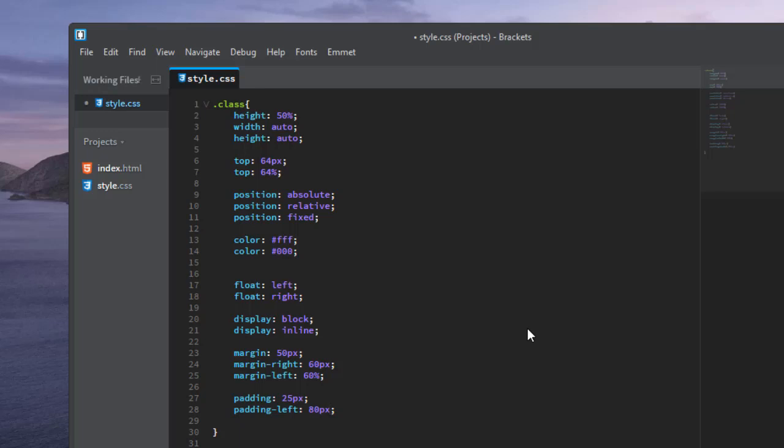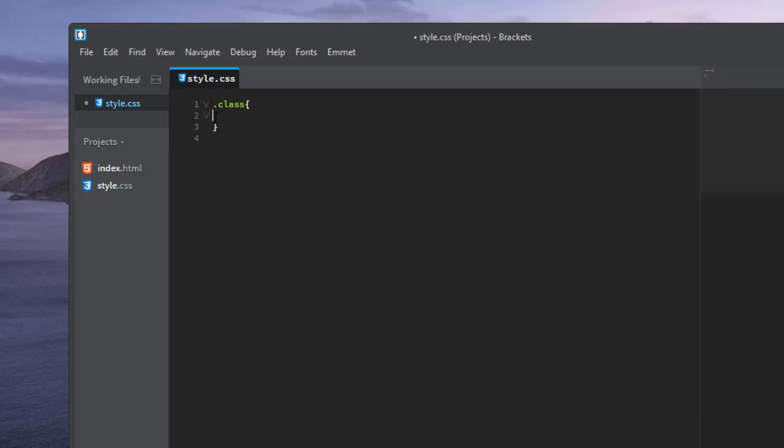just here make sure to not interfere with the position. With the position we have to add the colon, but with the padding you don't have to add it. You just type P and the letter that you want, L for left or R for right. So that's why in some cases you have to add the colon, and in some cases not, if it has no conflict with other attributes. Okay,